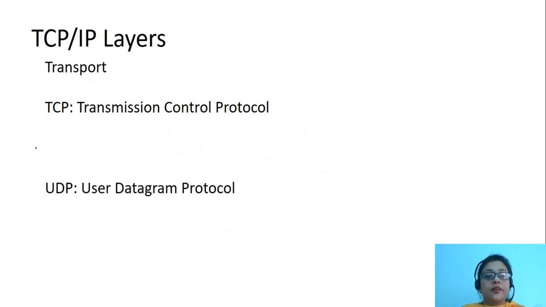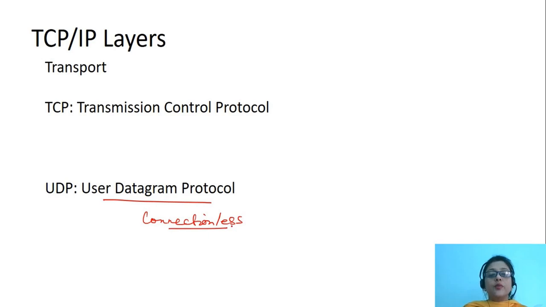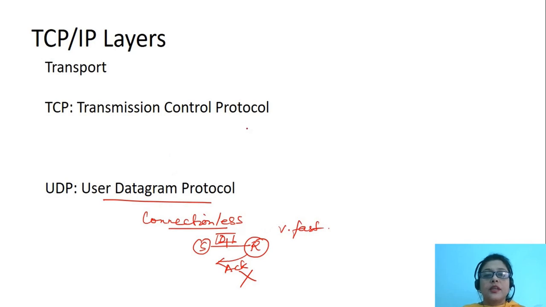Next, we have User Datagram Protocol. This is a connectionless protocol and is also used for data communication between two entities. There is no reliability in using this protocol because between the sender and the receiver, no acknowledgement is passed from the receiver upon receipt of the data packet. So this is basically unreliable in nature, but it is very fast as compared to TCP because